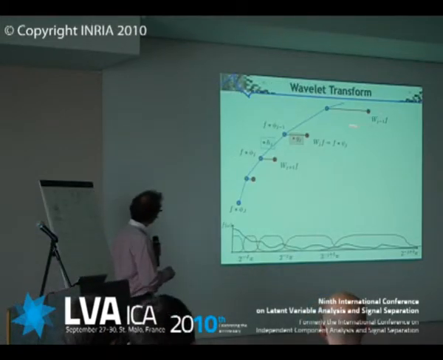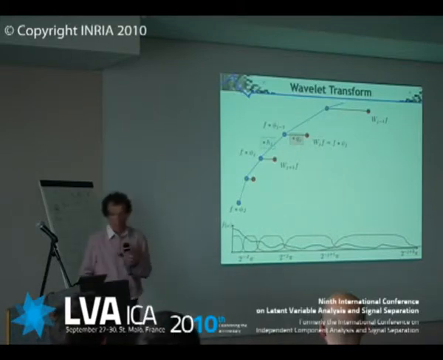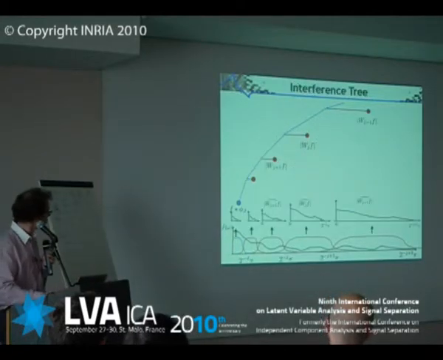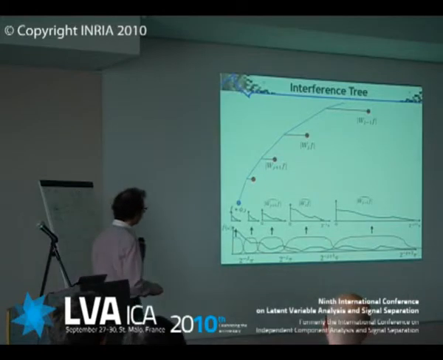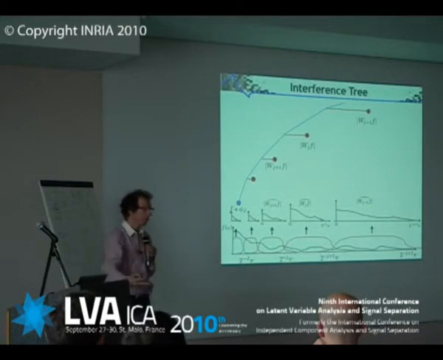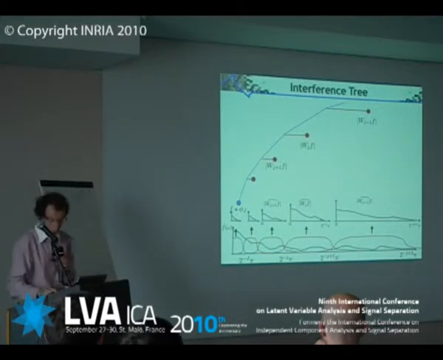You make the wavelet transform, okay, and that's the different components of the wavelet transform. Now, the next step, as I said, we're going to take the modulus. So each of these components, when you take the modulus, is now mapped to a lower frequency signal, okay? And the basic idea is that we are going to repeat this operation to progressively map all these signals to lower, lower, and lower frequencies.